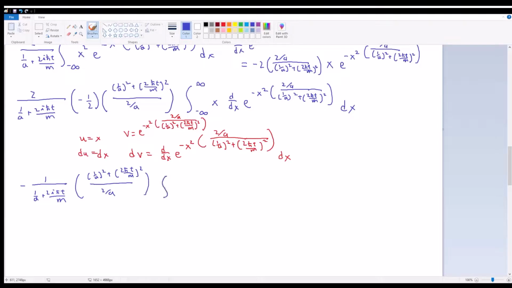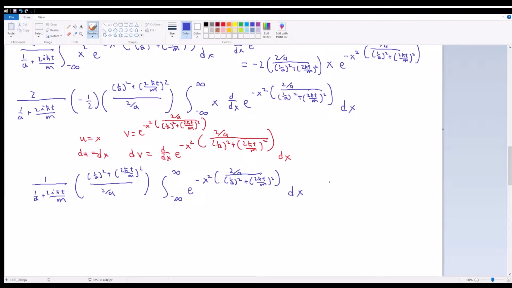Then we have our integral from negative infinity to infinity. So uv, that just goes to 0, minus integral of v du. So the minus term cancels out with this minus term. Integral of v du, which is just e to the negative x squared times 2 over a times 1 over a squared plus 2h bar t over m squared